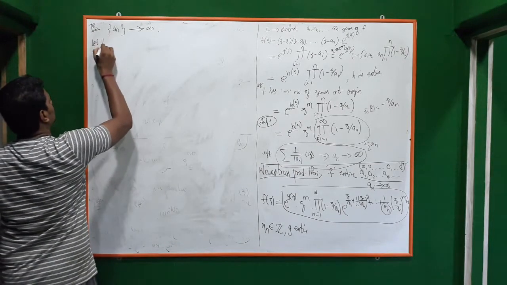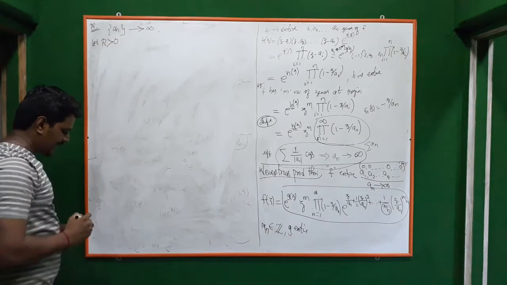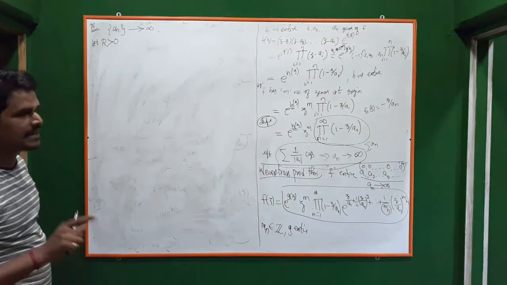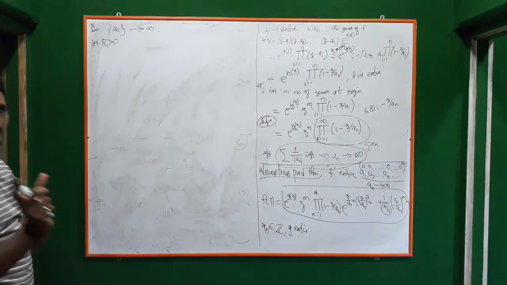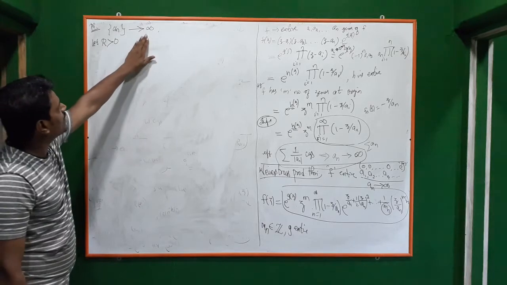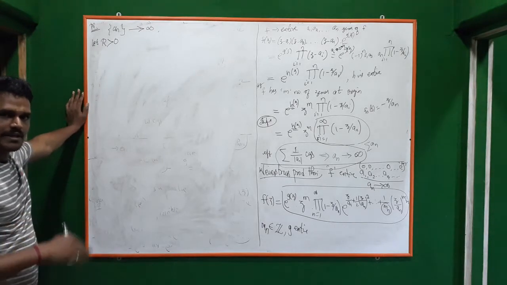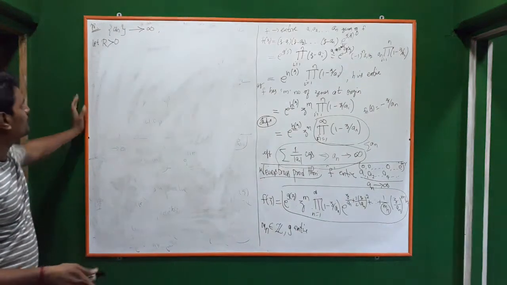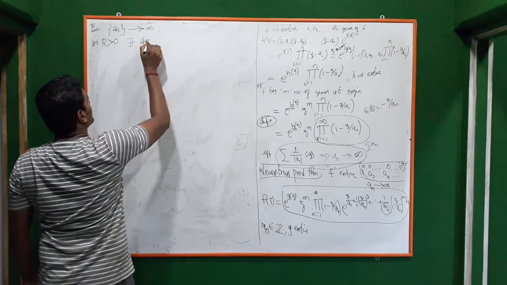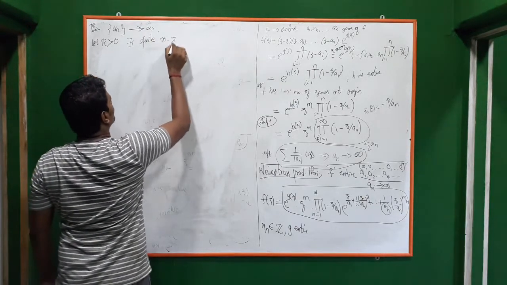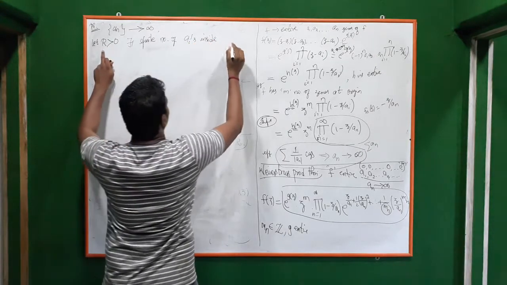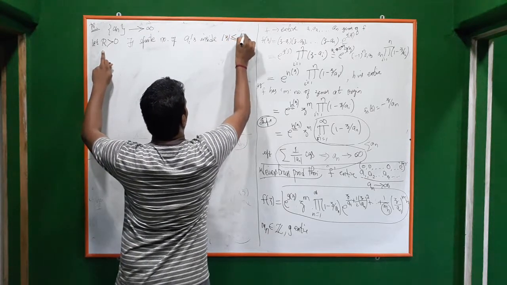So something diverging means what? Let R be greater than 0. If a sequence converges to a, we have mod a_n minus a less than epsilon, so within that epsilon neighborhood an infinite number of elements will be there after some stage. But in the case of diverging, there will be an infinite number of elements of the sequence outside this neighborhood. So if we consider this R, there exist only a finite number of a_i's inside this neighborhood, mod z less than or equal to R.